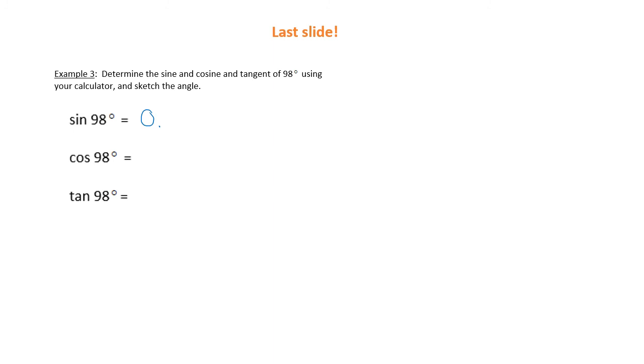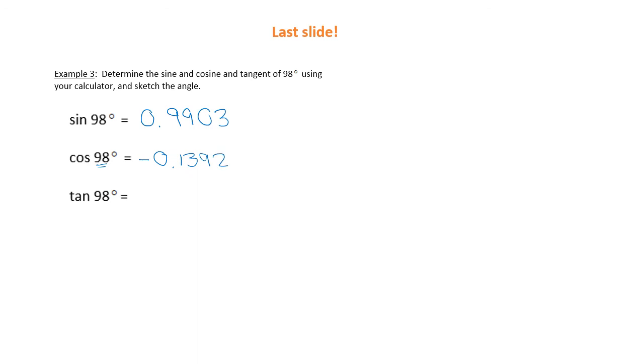I'm getting 0.9903. Cos of 98 is now 98 degrees. Think about what quadrant 98 is in, right? 98 would be in the second quadrant, so I should be getting a negative answer here because cos is x, and that's negative in that quadrant. So we just talked about that,